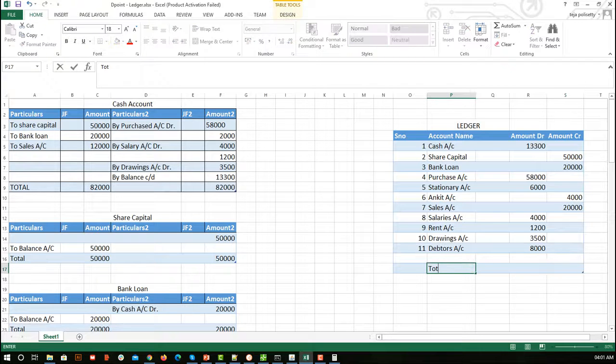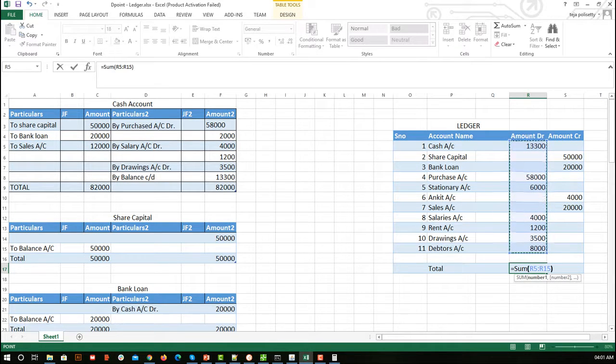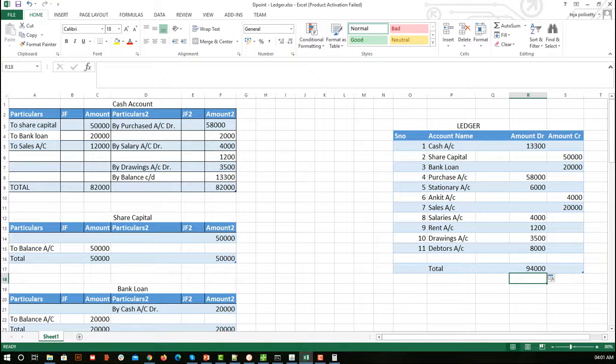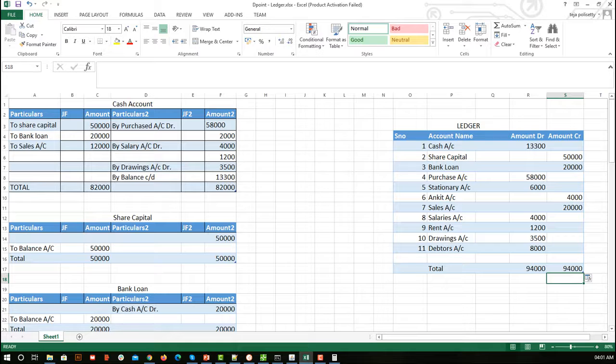So let's find out the total, whether it is balanced or not. So here sum, okay, this is our sum. So here it is 94,000. Similarly, the sum on the LHS and RHS should be same. So if we have done anything wrong here, then we have to go back and correct. Okay, so since it is same, it means whatever we have done so far is fine. And even if we have done something wrong, it is not because of human errors or logic errors, but there are other possible reasons as well.